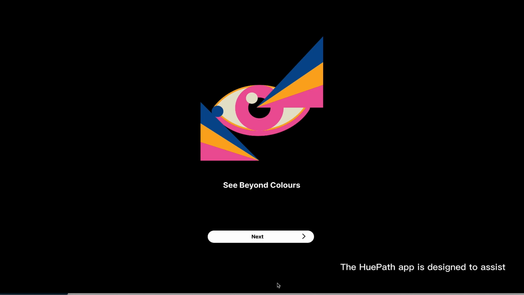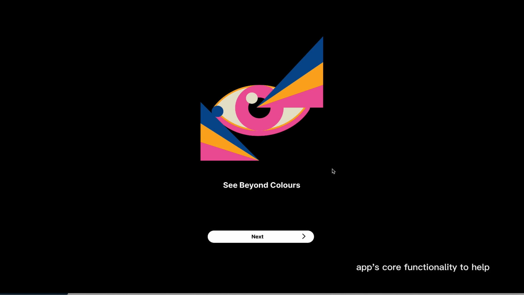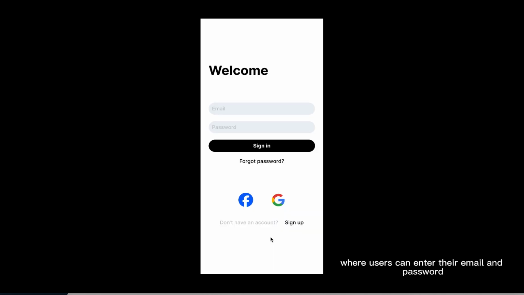The Hue Pass app is designed to assist colorblind users with color correction and navigation in urban environments. The initial interface features an eye symbol representing the app's core functionality to help adjust the hues and establish a navigational path at the lower part of the screen. Next is the transition to the sign-in interface, where users can enter their email and password or use other login methods such